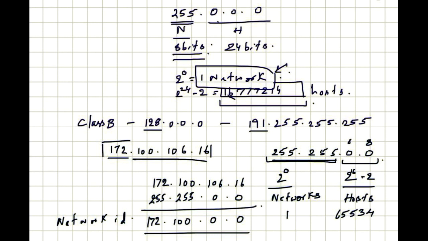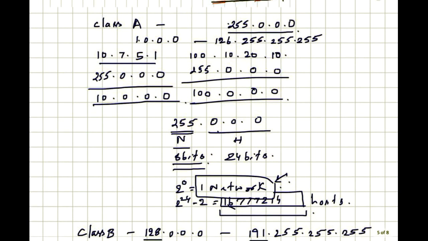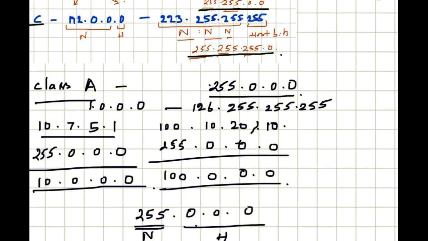What is the main drawback in classful addressing? There is only one network possible with this IP, and the number of hosts is around 65,000, a very large number of hosts which we don't need. We want more subnetworks and a moderate number of hosts, but this is not possible in classful addressing, either in Class A, Class B or Class C. In order to overcome this drawback, where we want more subnetworks and a moderate number of hosts,